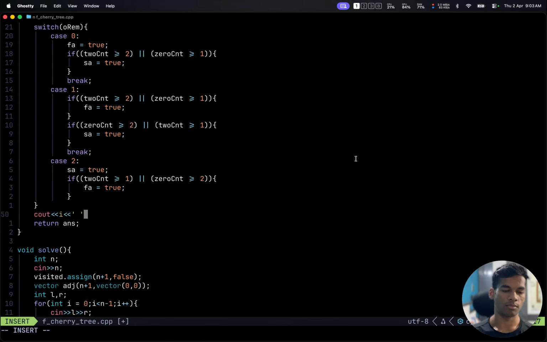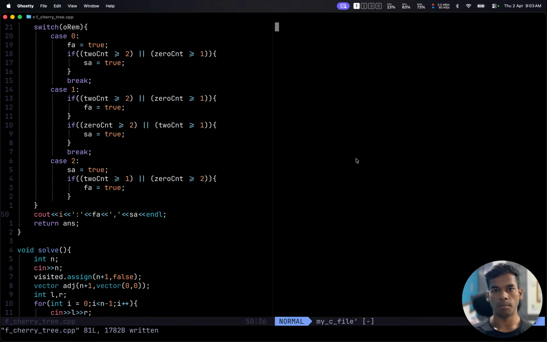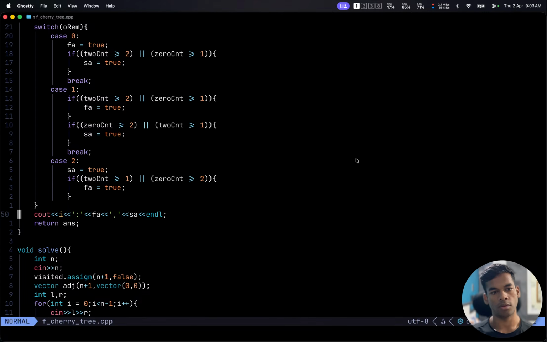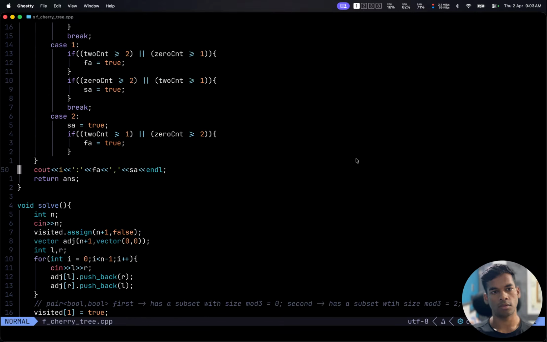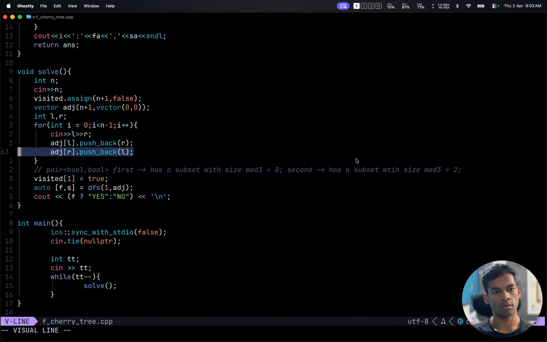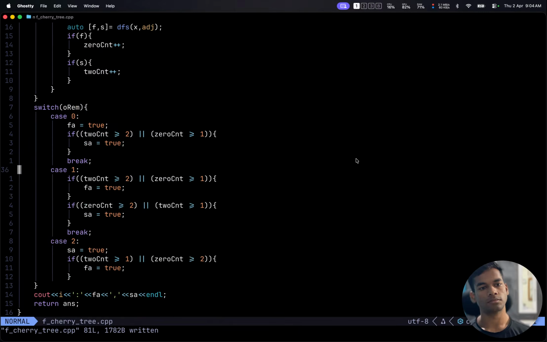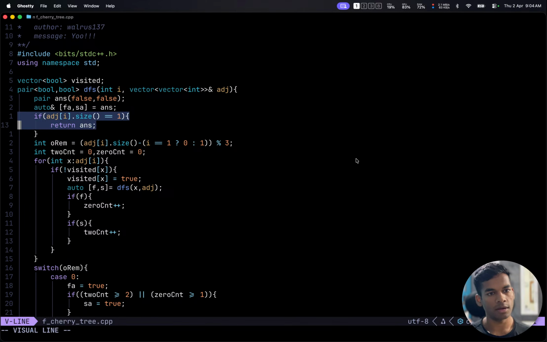I space. FA. SA. Compile, run one test case: 5, 1 to 2, 2 to 3, 2 to 4, 2 to 5, and no, which means we are exiting before